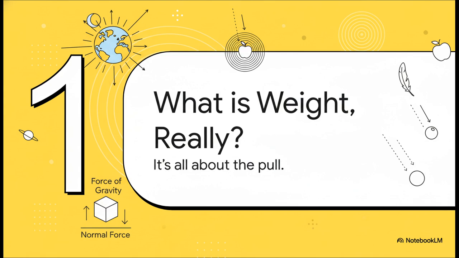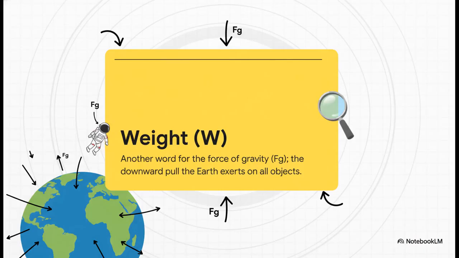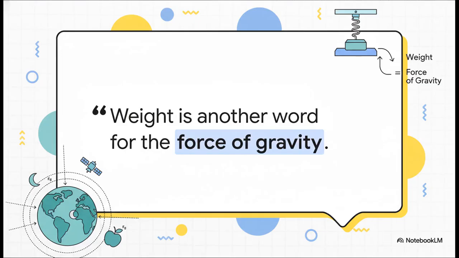Because it's not just a number, it's a force. Specifically, it's the force of gravity. And here it is, the most important thing to get your head around. Weight is really just another name for the force of gravity. It's not something that's inside an object, it's the measurement of the Earth's gravitational pull on that object, yanking it down toward the center of the planet. It's such a simple idea, but it's so powerful. Seriously. From now on, whenever you hear the word weight in a science context, your brain should immediately think force of gravity. They're one and the same.